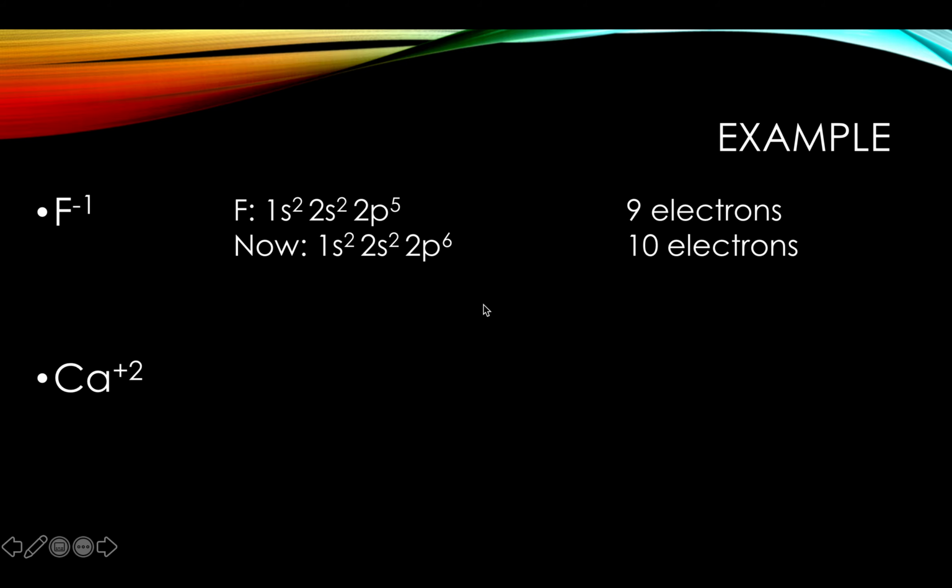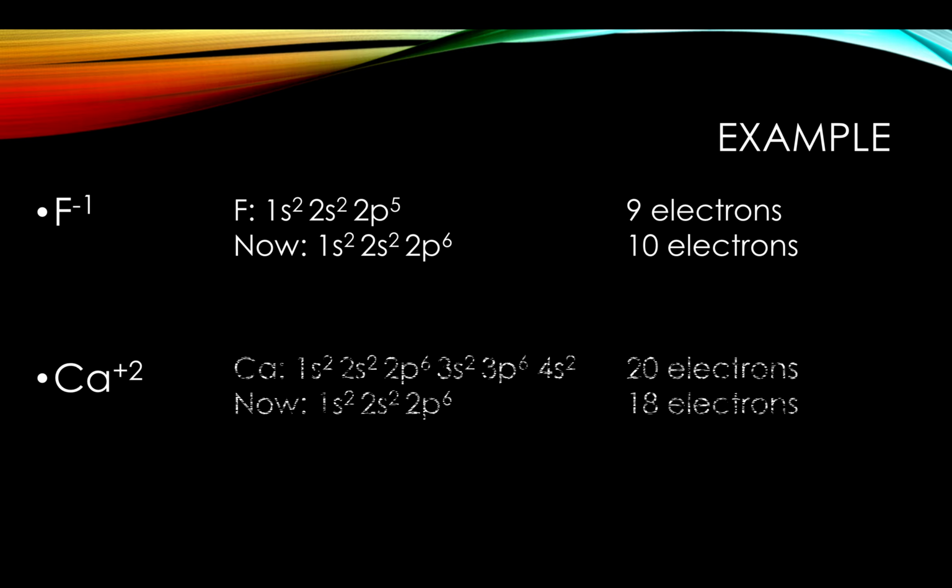Following with the calcium plus 2, we have a cation, which is 1s2, 2s2, 2p6, 3s2, 3p6, and 4s2. That gives you a total of 20 electrons. However, since it's a positive 2, which means it's a cation, and also it's an oxidation, that means we have to subtract 2 from the 20, which would give you 18. And to do so,